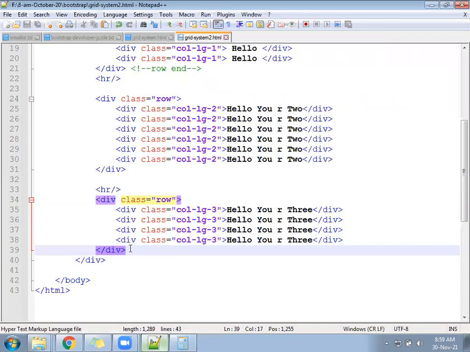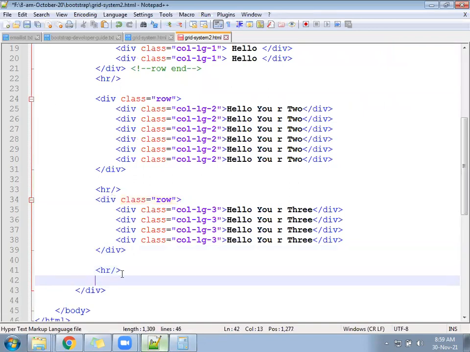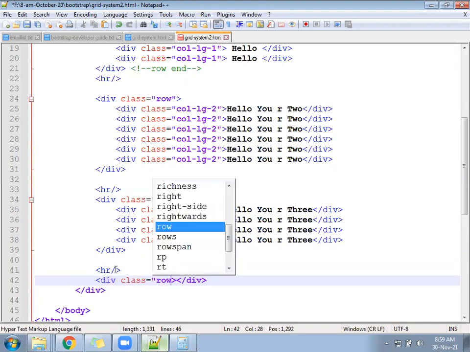Next, write an HR, then a division, class equal to row.